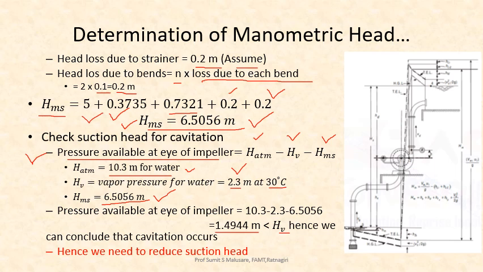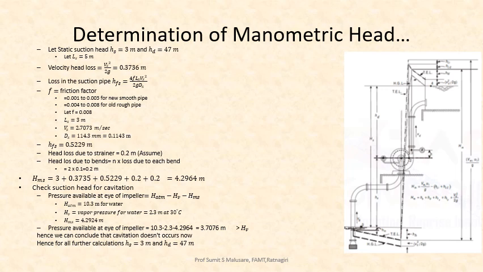pressure available at the eye of the impeller falls below the vapor pressure of the liquid, that is 2.3 meters, and hence we need to reduce the suction head so that the pressure available at the eye of the impeller is greater than the vapor pressure. Okay, so here I have made the correction. Initially I had assumed HS as 5 meters, but right now I have assumed the value of HS is equal to 3 meters, instead of 5 meters, so that the delivery head is 47